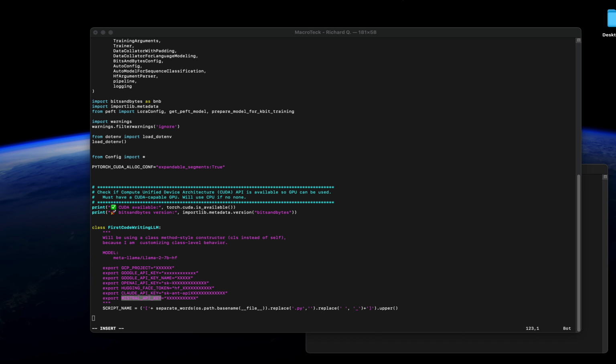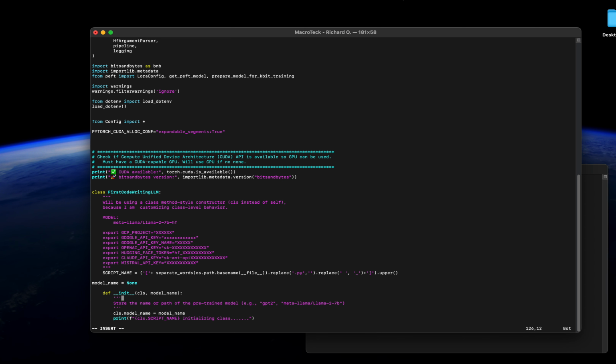All right, so let's get down to our init function. Here we're passing in the model name, which is the model, and we're just storing it here. As I mentioned, we're using a class method style constructor because I am just customizing class